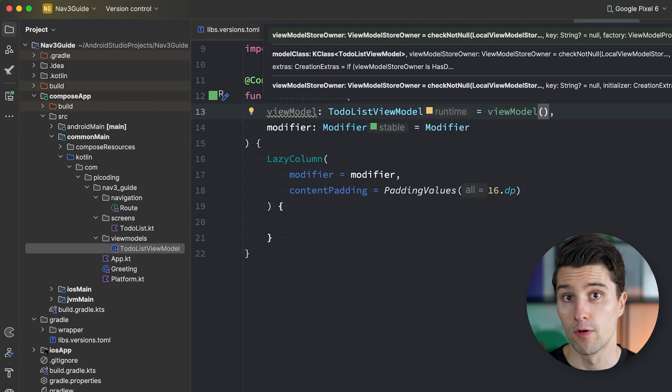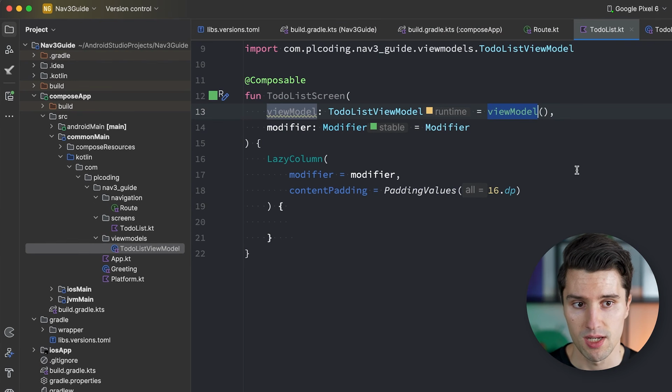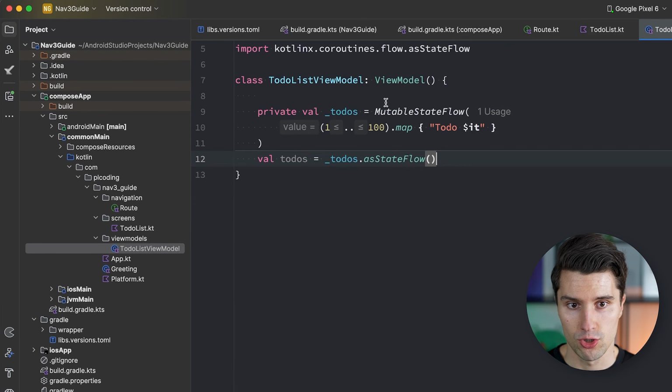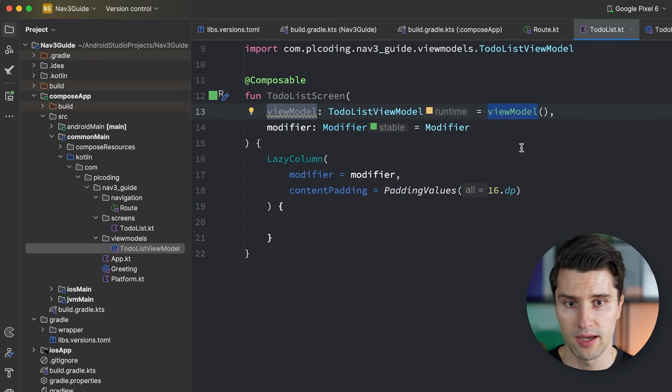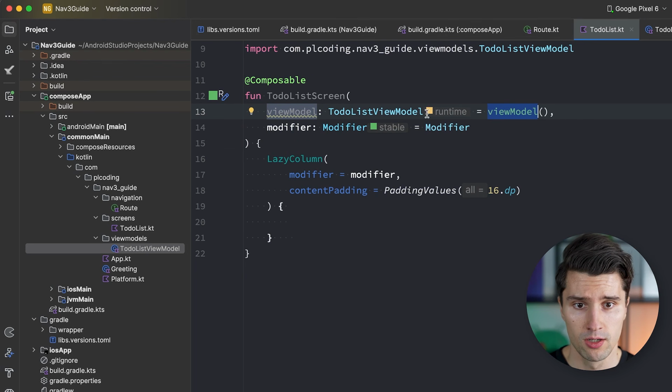that will give us a normal reference of this specific view model. However, of course, if you're using a specific DI library like Koin or Dagger Hilt, Dagger Hilt not in a Compose Multiplatform project, but in an Android project, that would be valid. In that case, this could also just as well be substituted with Koin ViewModel or Hilt ViewModel. Since our ViewModel does not really have a constructor, we can create it directly like that. We don't need to provide any specific parameters or arguments to this constructor, so we can really just leave it as it is